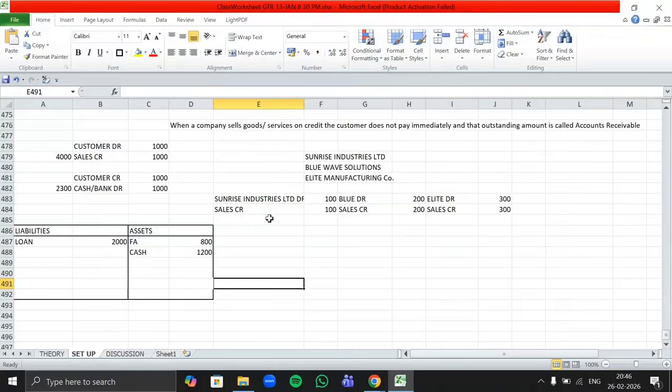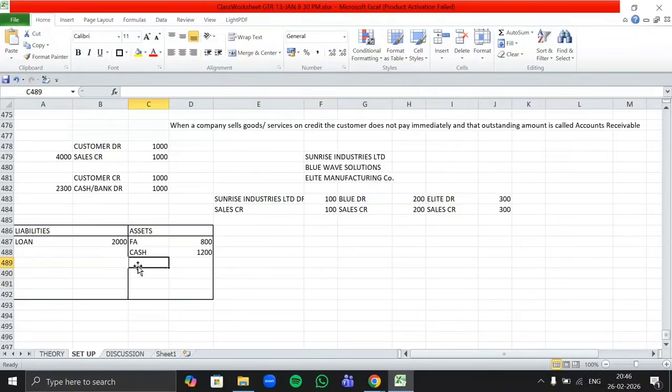So the customer Sunrise Industries will be reflected here under asset or liability? Asset. Accounts receivable, asset.